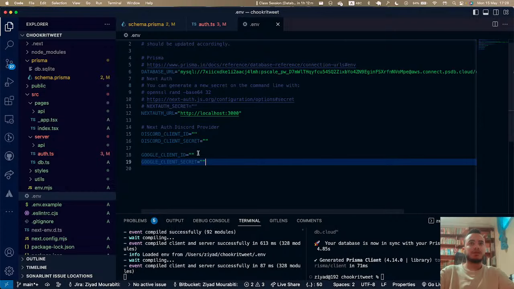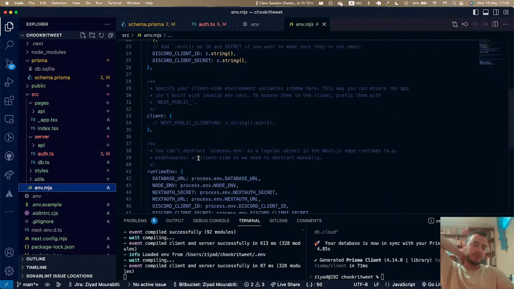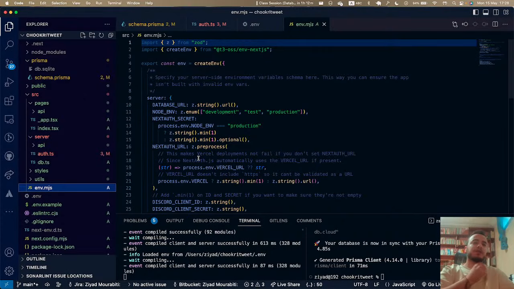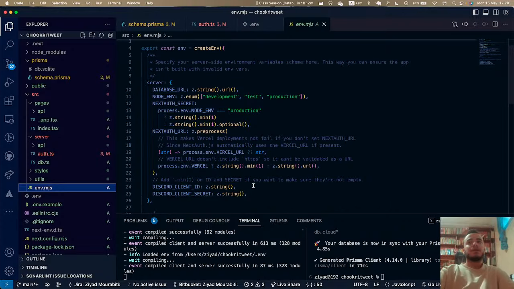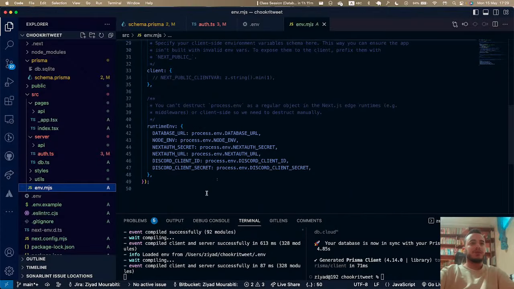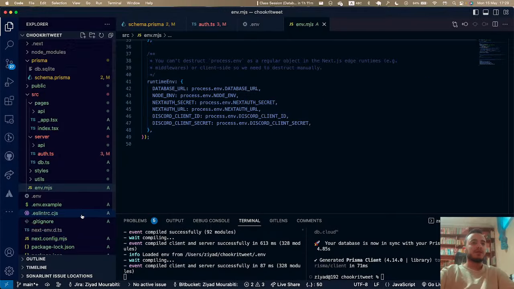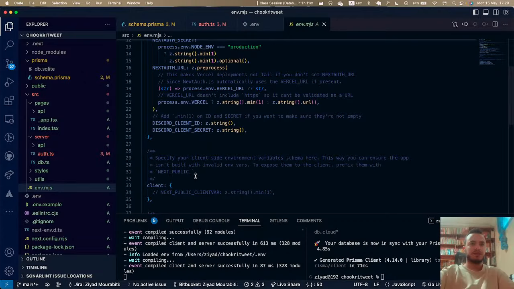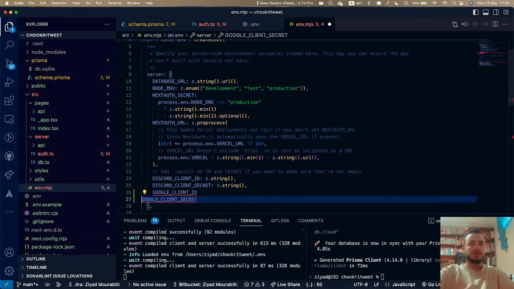Let's do this. This is something that comes with Create T3 App: you have to validate your actual environment variables. You can't just initiate any environment variable and use it directly. You have to make sure that it's well cross-checked, especially when you host your app. It goes through this set of environment variables you had there to check that they are actually valid. I just have to remember exactly where you check that. Okay, so we'll use